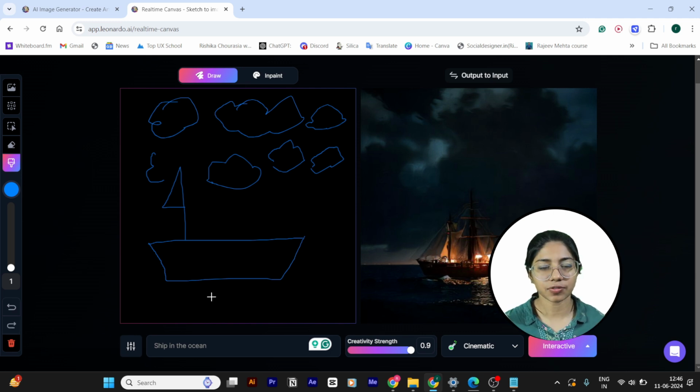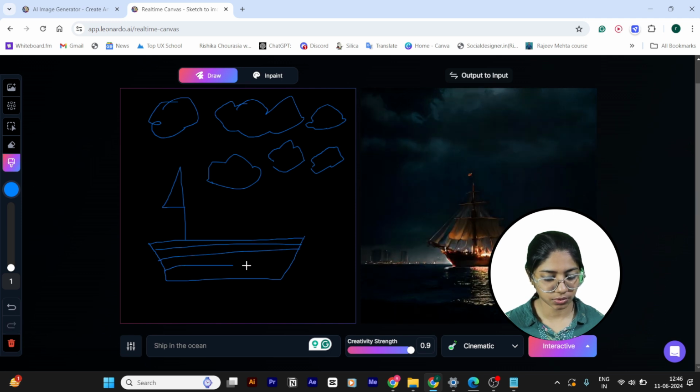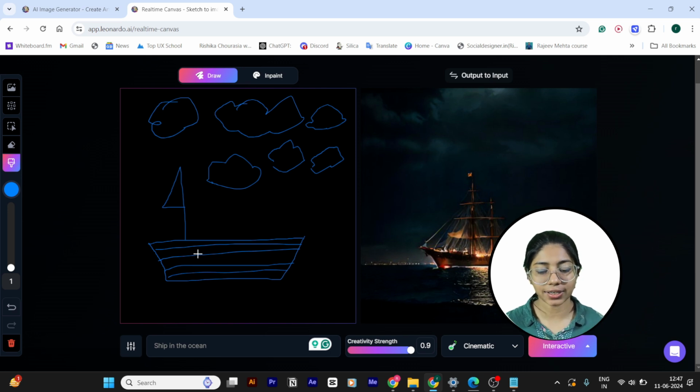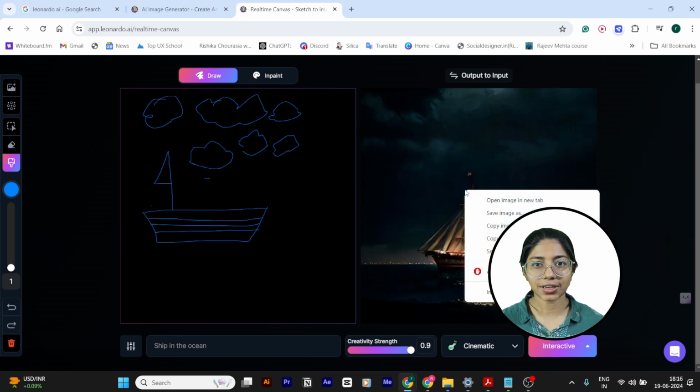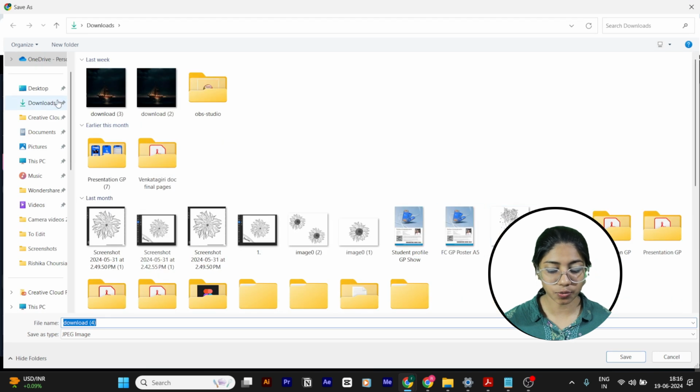Let's see what happens if I add more design to this ship. As I have included the lines, at the right side you can see the design has been included there. Isn't that really cool? You can save this image and use it wherever you want.